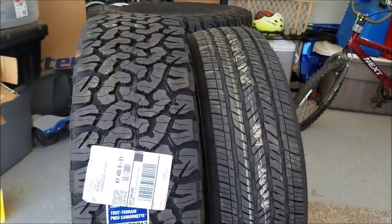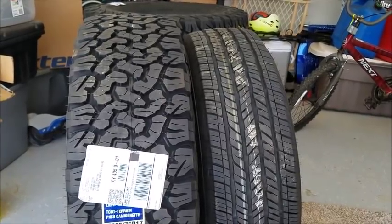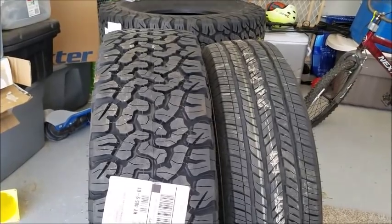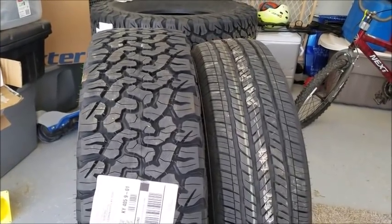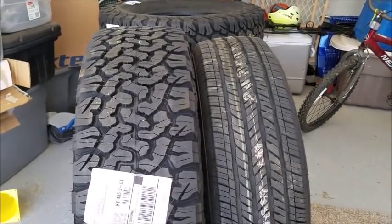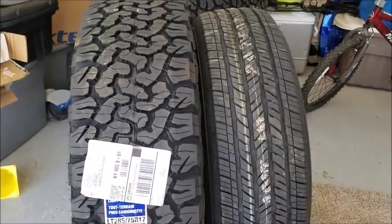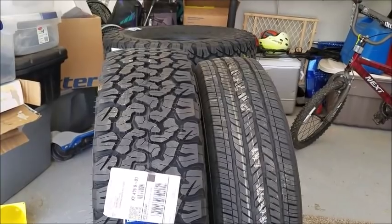I've seen some that have the Michelin LTX. There's also a couple of different all-terrain tires that you can get on the JL as well. So that's what they look like size-wise compared to one another. I put them on the bathroom scale down here, and this is where the issue is probably going to lie,